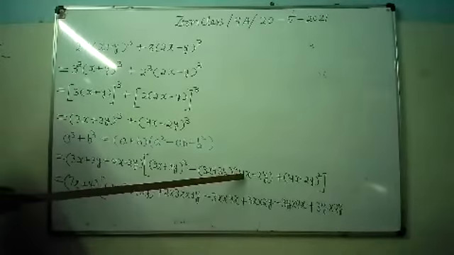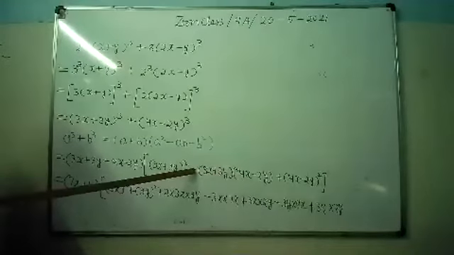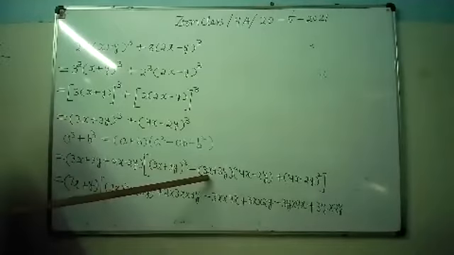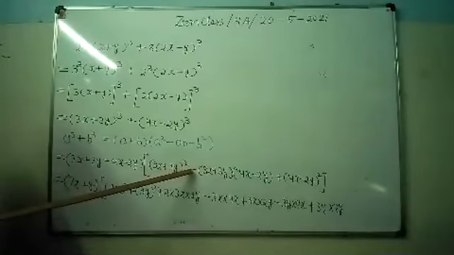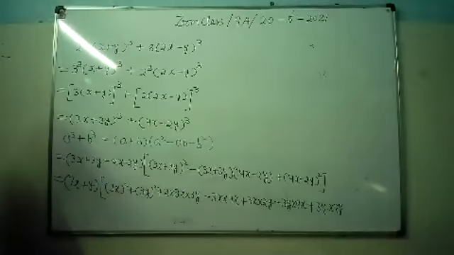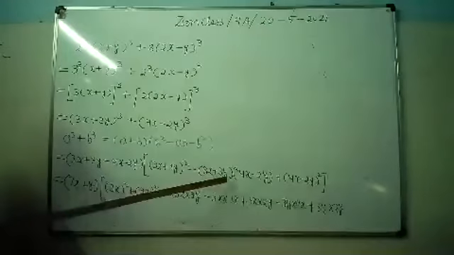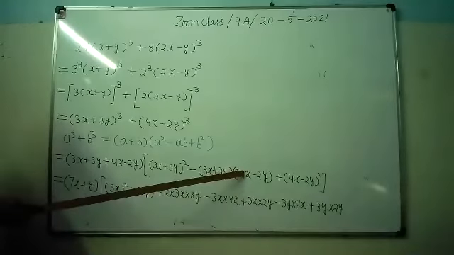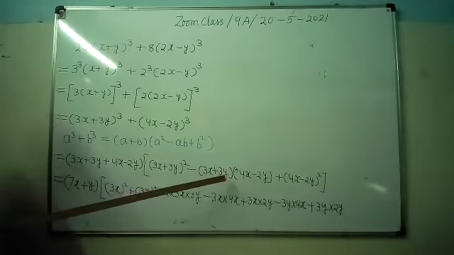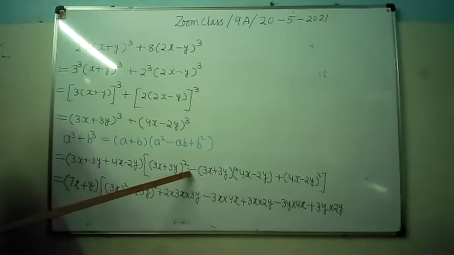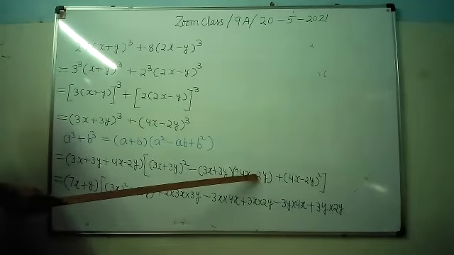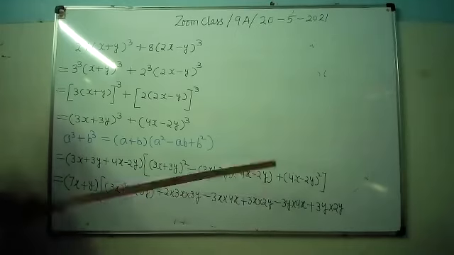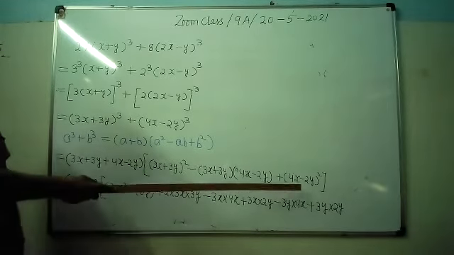When you will multiply 3x with the 4x, it is 3x into 4x. But with which sign? Minus sign. When you will multiply this with this, here there is minus. But because of this minus sign, it will become plus. So 3x into 2y. Similarly, when you multiply 3y with the 4x, what will you get? 3y into 4x with plus sign. But because of this minus sign, it will become minus. It's clear? And then 3y into minus 2y, but because of the minus sign, that term will become plus.